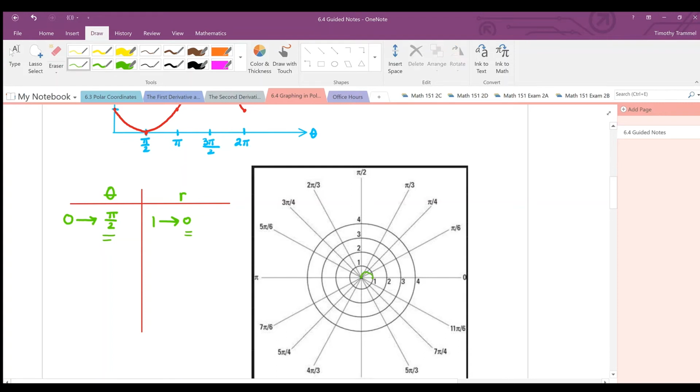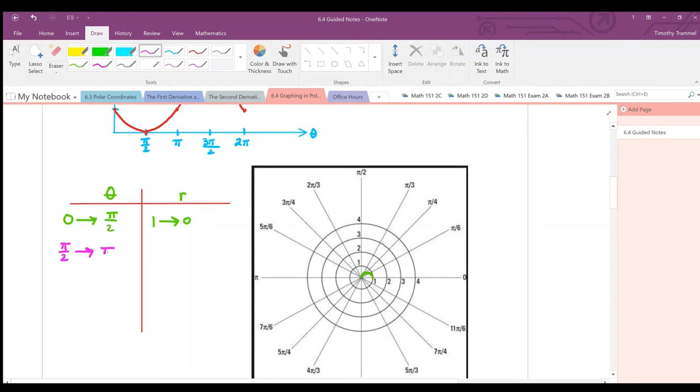And this is actually a little bit more curvy than it'll look when we go to graph it on the calculator, but that's fine. Okay. And let's think about the next interval. So the next interval that you see is pi over 2 to pi. And maybe I'll do it in a different color so we can keep track of all this. So pi over 2